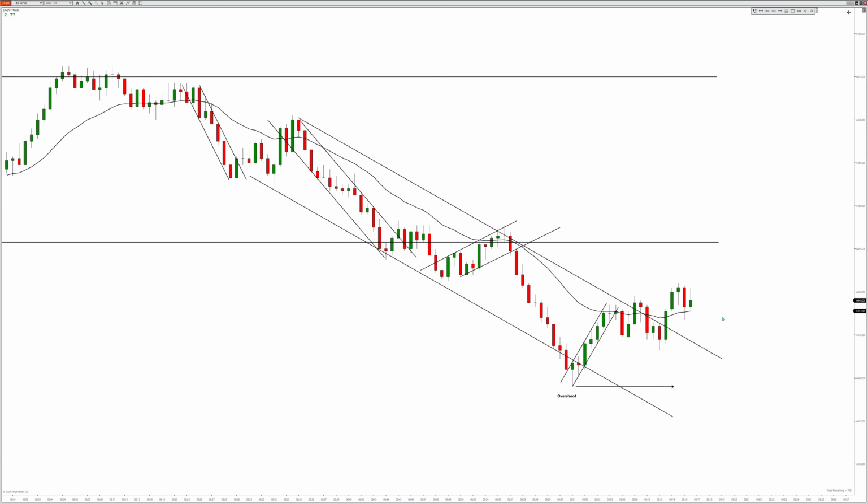And then once any of those form, I need a signal bar before I can consider entering. There's different tiers of signal bars, right? Like this big red bar right here, tier 1, perfect signal bar to go short. This one, see how there's a wick at the bottom? It's less likely to succeed if I go short below this bar because there's a wick at the bottom and it shows that there was some sort of rejection or bullish pressure on this bar. But if a bear bar closes real strong at its low, you can have a lot of confidence in that